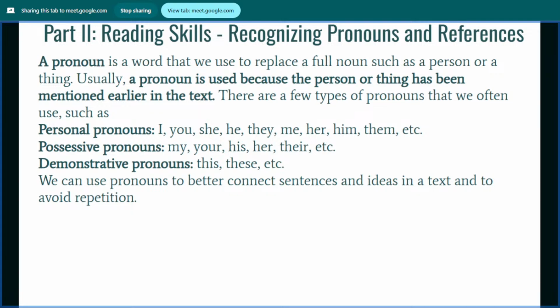Who is used for persons, which is used for animals and lifeless things, that can be used for persons, animals and lifeless things, and whose and of which can also be used for persons and lifeless things. But of which is mostly used for lifeless things, that is, non-living things. Understood? Clear? And of course you already know these, I don't need to reiterate them. Correct?